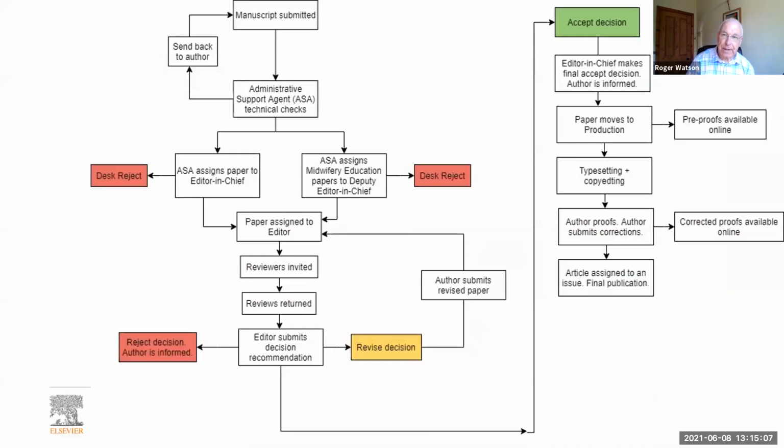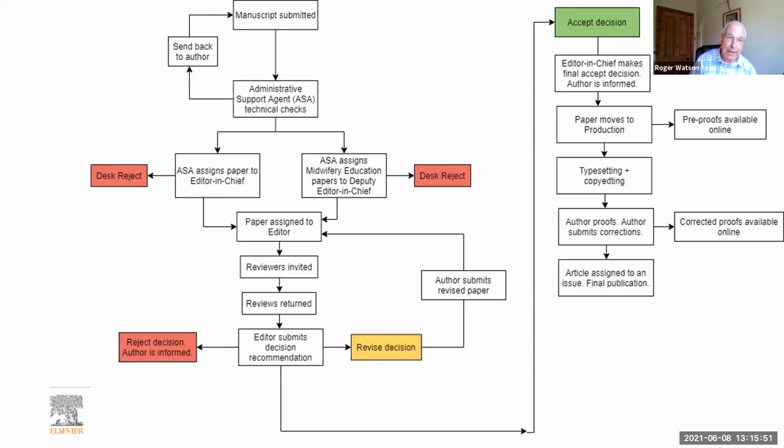So sorry, it's a little bit obscured at the top on my view here, but this is essentially the process that a manuscript goes through. Don't expect you to remember all this. It's a little bit detailed, but if you start at the top left of the screen, the box there that's slightly obscured on my view here, that's you submitting your manuscript to the journal, and then it goes initially, in my particular journal, it goes to an administrative agent, who is essentially someone who works for the